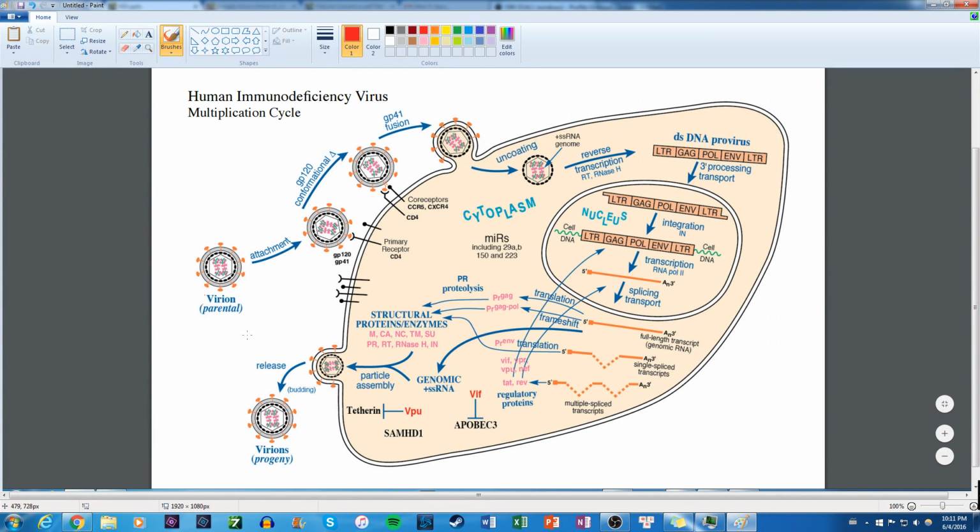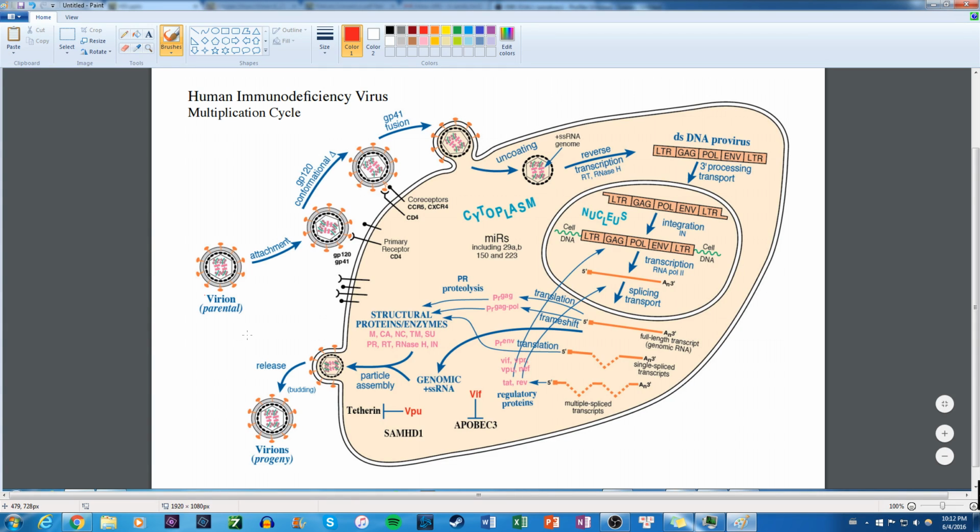Okay, great. So we just covered the retrovirus multiplication cycle. So here's the HIV multiplication cycle. It's kind of nice that HIV is basically a retrovirus, so most of this will be the same. I'll just walk through everything and really focus on the differences here,